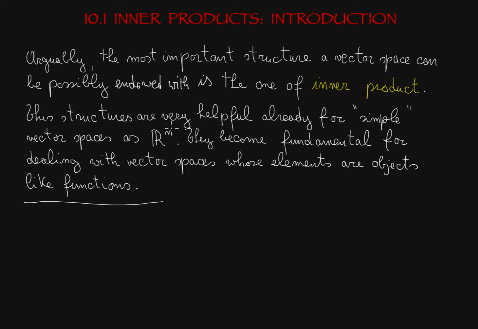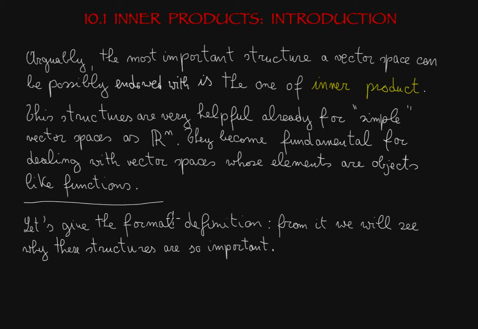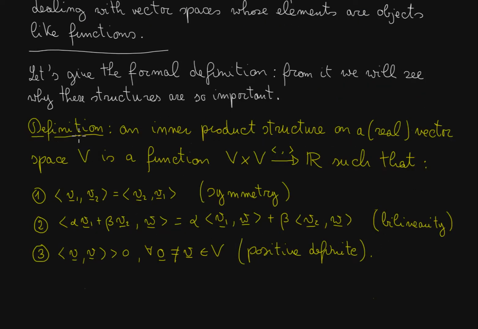Simple meaning that the vectors are just n-tuples of scalars. But they become fundamental for dealing with vector spaces whose elements are objects like functions. Let's give the formal definition, and from it we will see why these structures are so important. Definition: an inner product structure on a real vector space V is a function going from the cross product of V times V into R such that